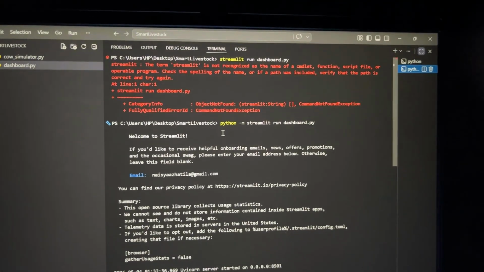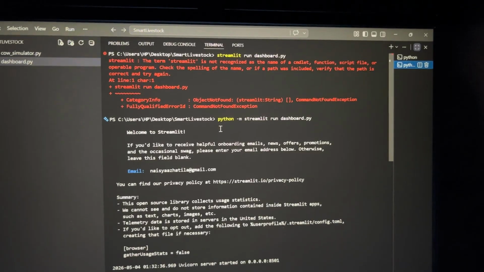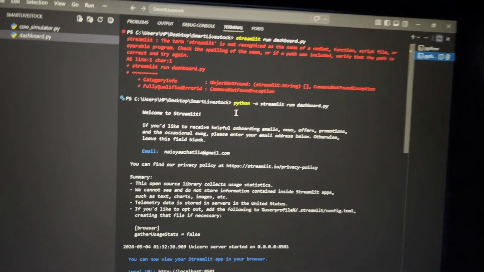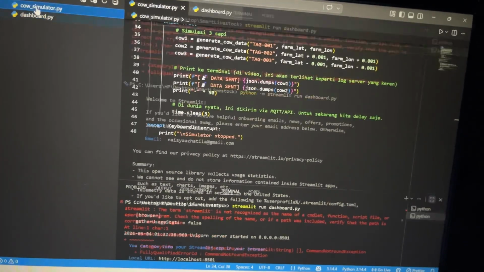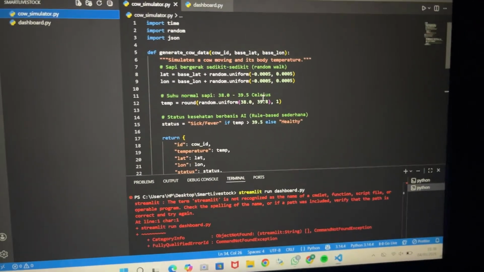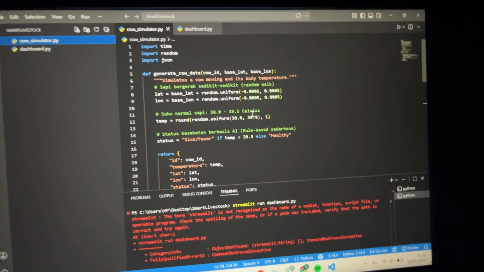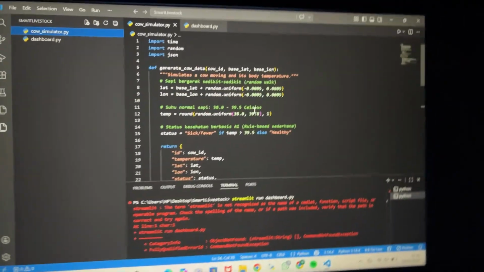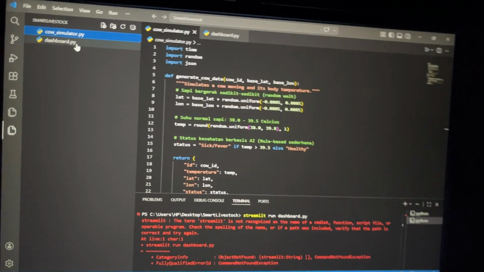Next, we need health metrics. A normal cow body temperature is usually around 38 to 39 degrees Celsius. So we generate a random temperature in that range. We also added a simple rule-based AI logic here.